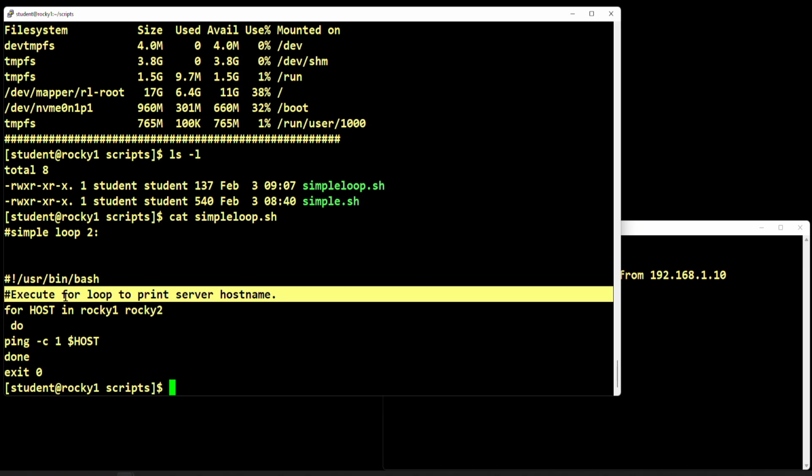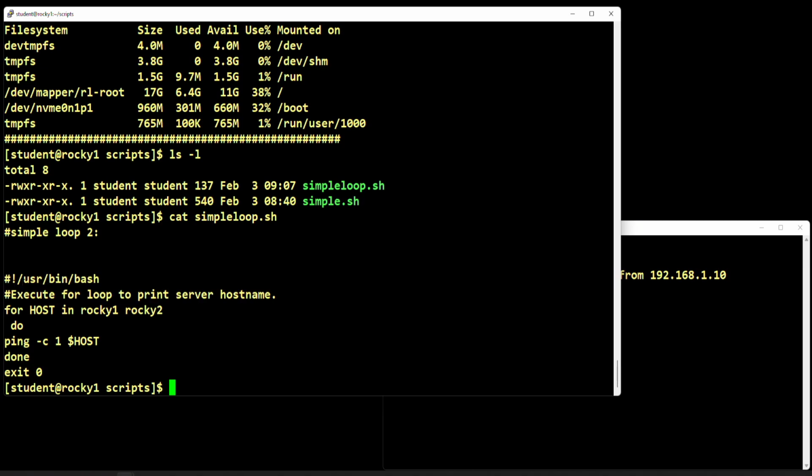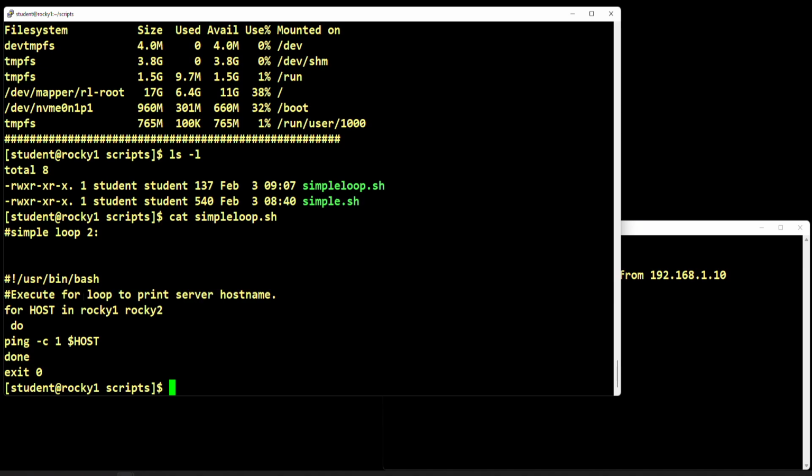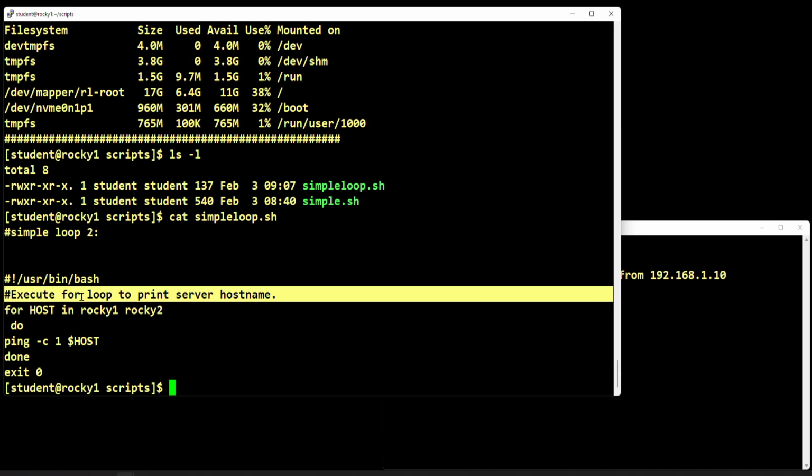It's like note taking. The exception is this one because it's a shebang. It has an exclamation mark right next to it, right? So this is kind of telling the system, okay, this is not a command to execute. This is a comment, so the system is going to interpret this as a comment. This is a commentary, which means it is just for humans to read and the system will ignore this for the most part, okay? So this is me telling myself, because the next time I read the script,